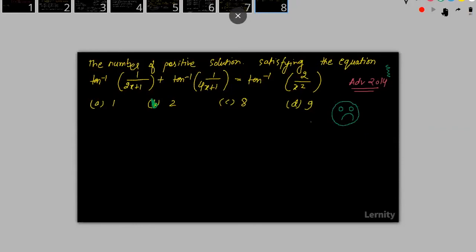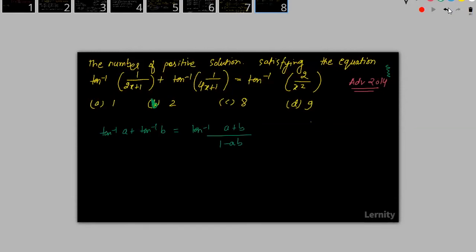Okay, so let's solve this one also. They're asking the number of positive solutions satisfying the equation. Now we have tan inverse of A plus tan inverse of B, so we can write this as tan inverse of A plus B upon 1 minus AB, right? So if I look at what is A and what is B, this will simply become